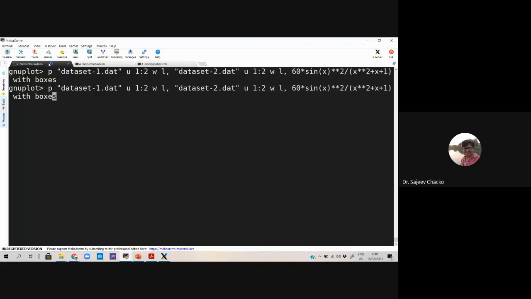I would like to do this: line width 6. Then here lines points with line type 3.